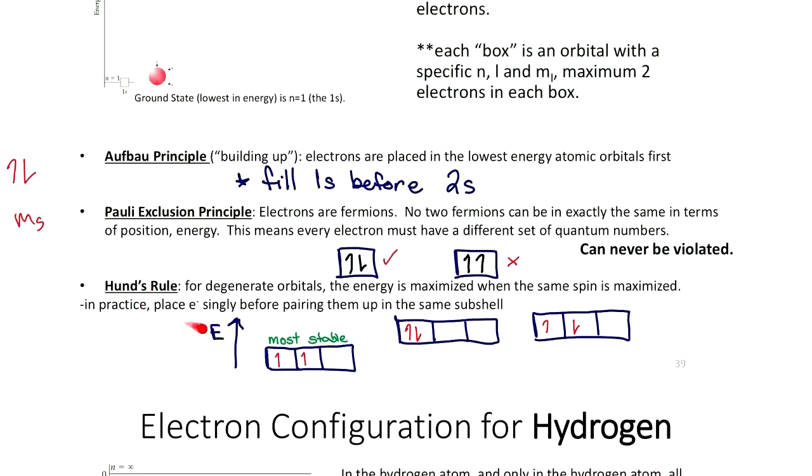All right, and so the last rule, and this one's kind of the hardest, is if we start filling electrons in subshells that have multiple orbitals, so like P or D, for example. Hund's rule says that electrons are most stable when you maximize spin. To maximize spin in practice, if you have multiple electrons to put in a P or a D orbital, you want to spread those electrons out. Put them all in their own box before you have to start doubling up.